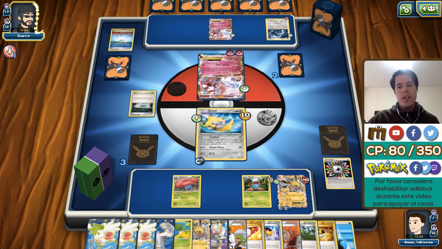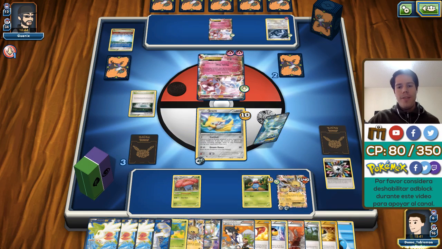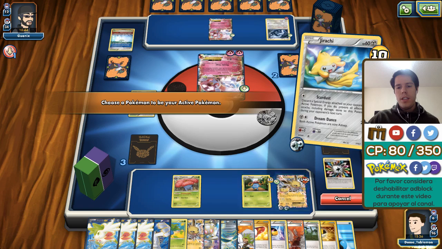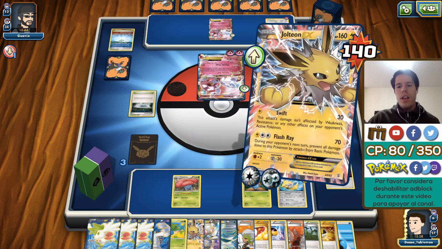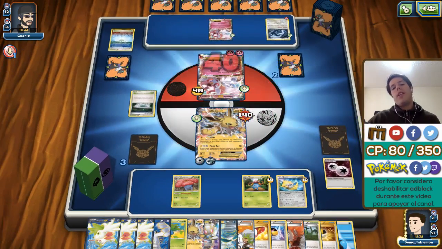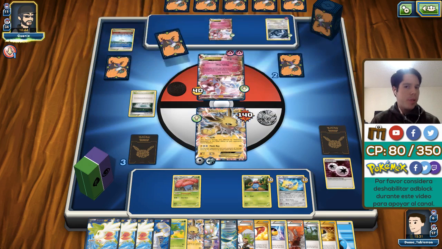Oh boy, he has free retreat now. In case I ever do find the Manaphy EX off of my prize cards. Man, this is very, very intense. Okay, so now I retreat into the Jolteon. I pay my double colorless energy fee, and I Flash Ray for 40 damage. So now this guy is a 4-hit KO. 100% guaranteed 4-hit KO unless he has 2 Pokemon Center Lady or potentially an Olympia,